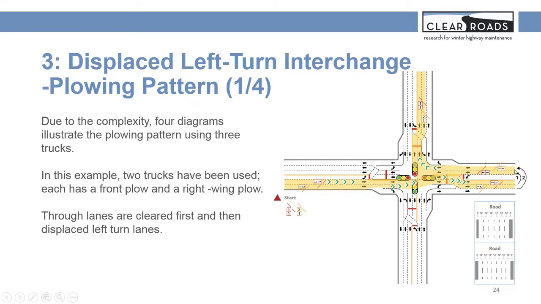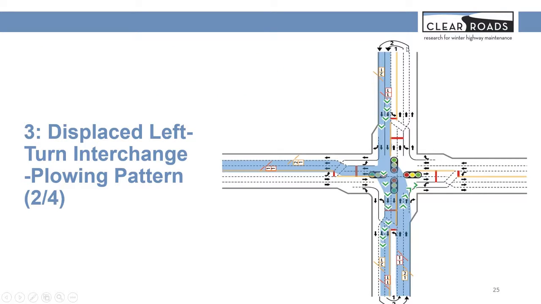And the 2 trucks turn around and repeat the same pattern to clear the 2 through lanes. When they approach the intersection, they don't go across the intersection, and they turn right to clear the through lane on the northbound. So that's pass 1. When the trucks reach the end point, they turn around to clear the 2 through lanes of the northbound and go across the intersection, continuing